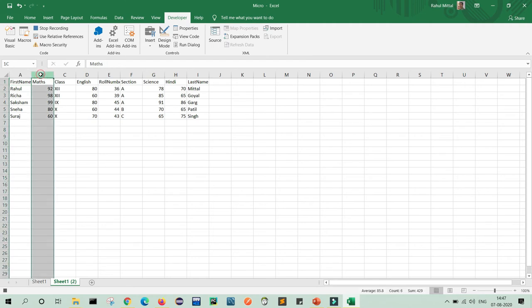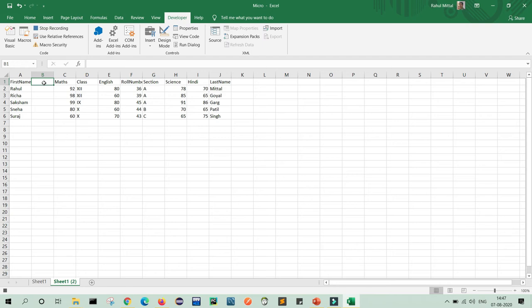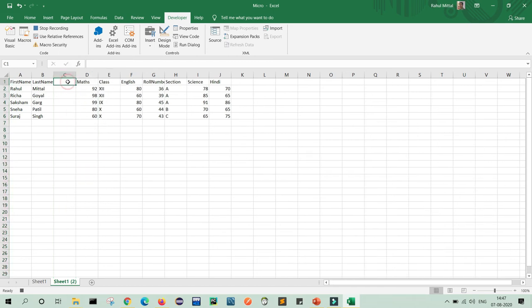So here I will insert last name and I will copy this name here and paste here. I will remove this data. Now first name, last name, what will I do? I will insert one more column and write full name. For full name, what will I do? I will use a formula, equals